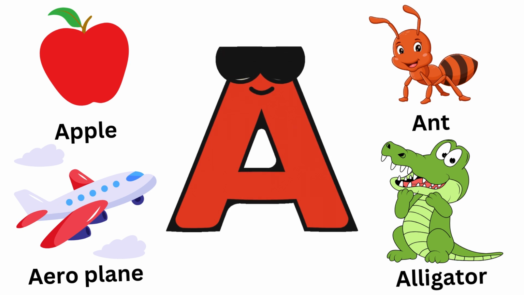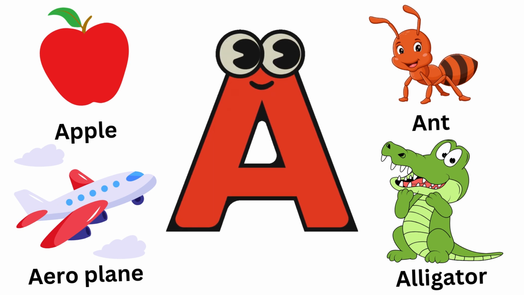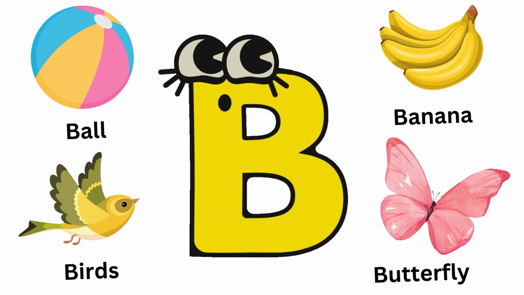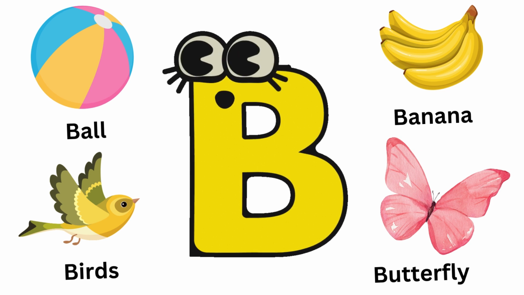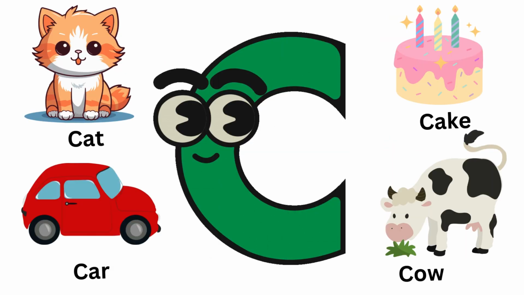A is for apple, A is for ant, A is for aeroplane, A is for alligator, B is for ball, B is for bird, B is for banana, B is for butterfly, C is for cat, C is for car,